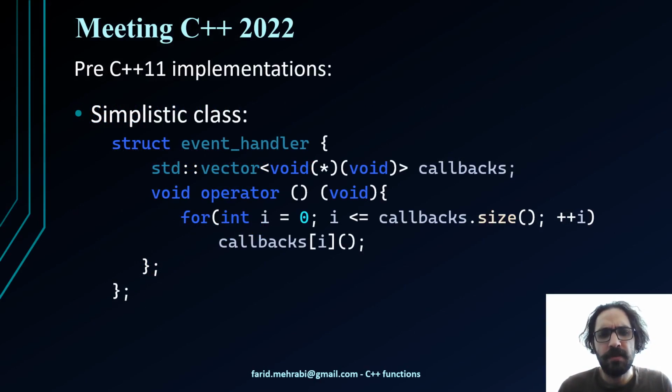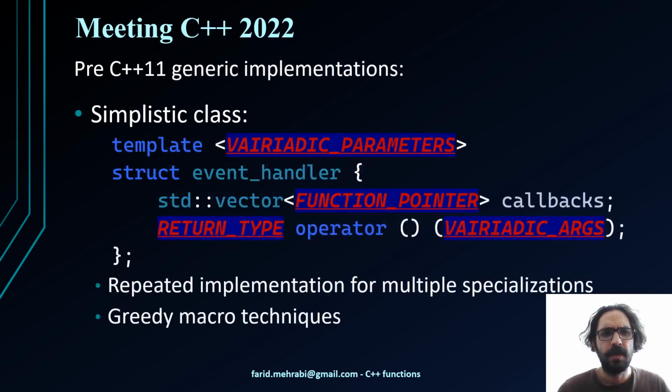We can use vector as the implementation of the collection class in implementing the subject class we talked about. We will focus on implementing the notification method, which is the function call operator. Therefore, we leave the callbacks data member public for simplicity. Defining the special case was not a big deal, but once we want to generalize it, we get into big